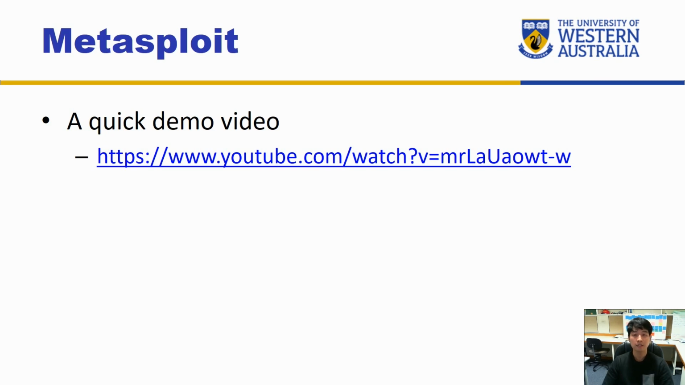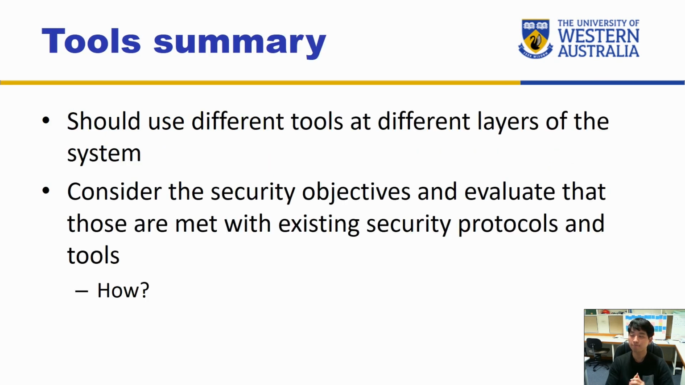All right. So in summary, there are various tools built for different purposes, and they can be applied to different layers of the system. So when you want to utilize some of the tools, you should have objectives about what kind of security you want to measure and evaluate. So consider the security objectives, that's the main thing, and evaluate whether those are met with existing security protocols and tools. Okay? So here's an open question: how do we do that? We will touch base on that in a couple of weeks'